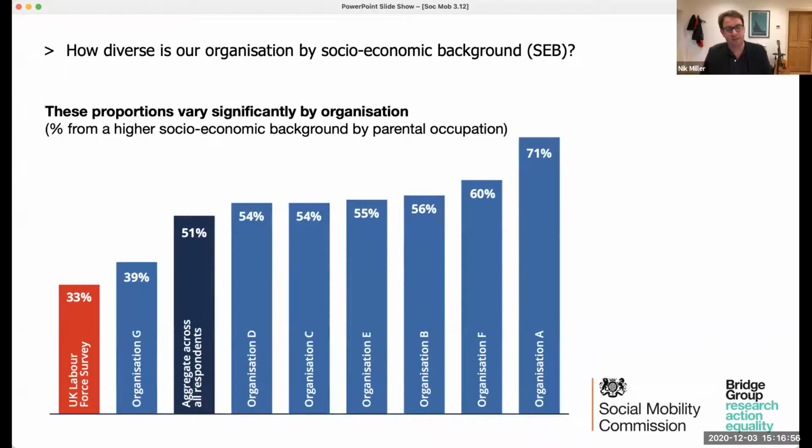So here's that same data, the 51% across all respondents, and the data by organisation. We can see there's quite a significant amount of variance. So as an organisation, you can start to be thinking, well, why would it be so different? And of course, we know there are a variety of reasons for that. The two main ones in the data being geography. So organisation G, one might assume, and it does, have a much more regional footprint compared to organisation A, and also occupational composition. What are the types of jobs that the majority of people are doing? Are they on the trading floor, or are they working out in the regions in retail banks?